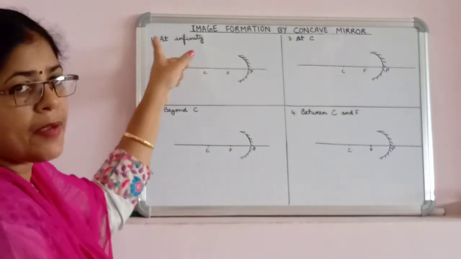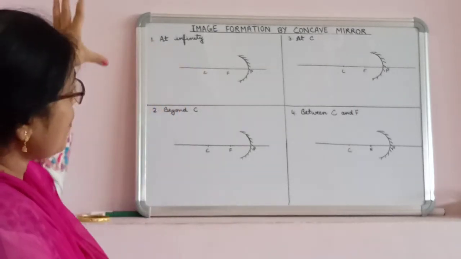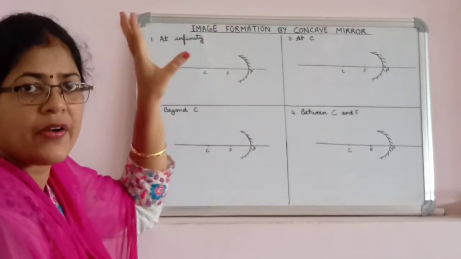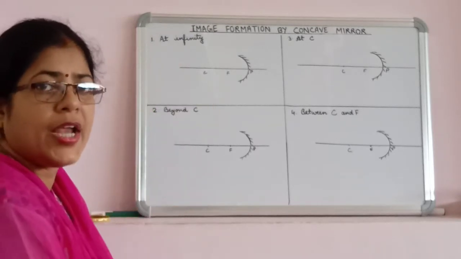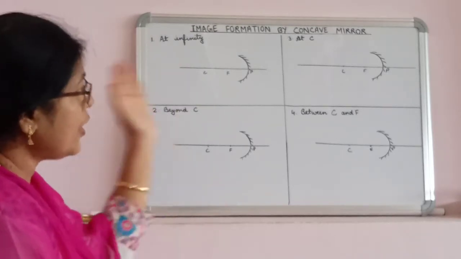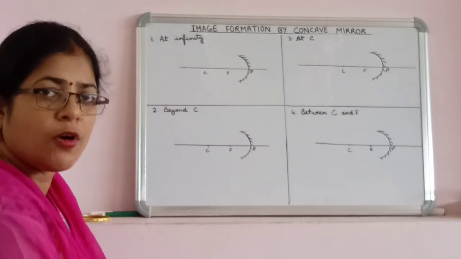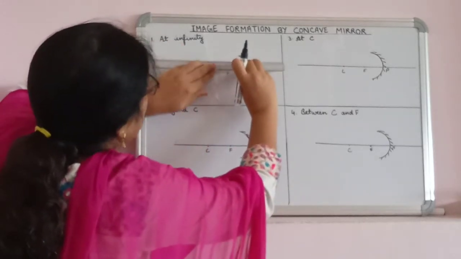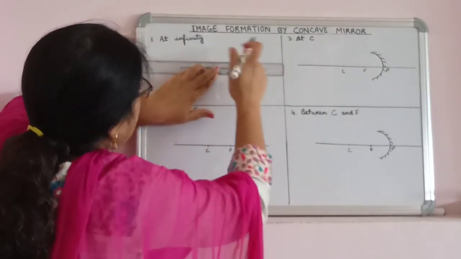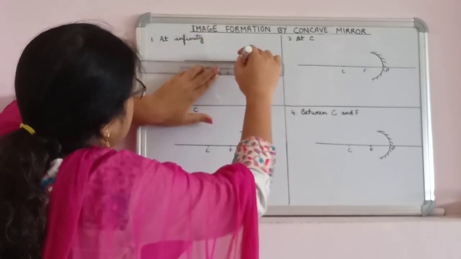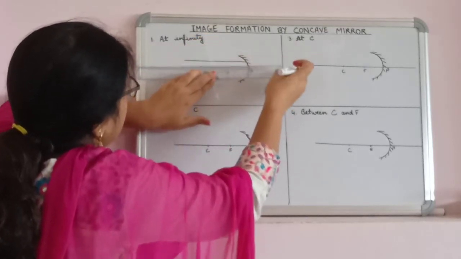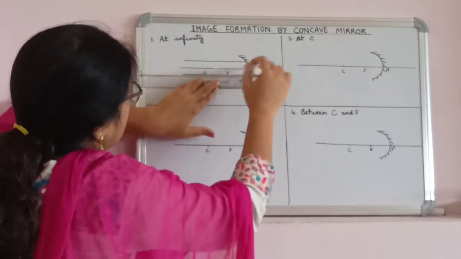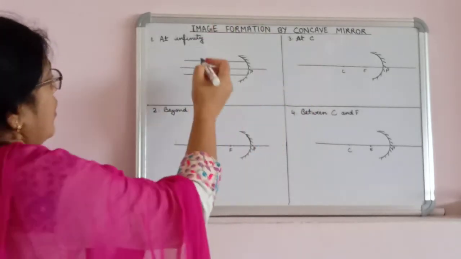When the object is kept at infinity, the rays are coming from a very far off object, and we will consider the special rays: from the very far off object the rays are coming parallel to the principal axis and falling on the mirror surface. Okay, so let us take at least two incident rays. Suppose this is the first incident ray and the second incident ray falling on the mirror surface